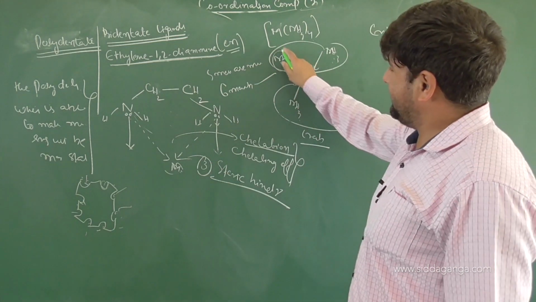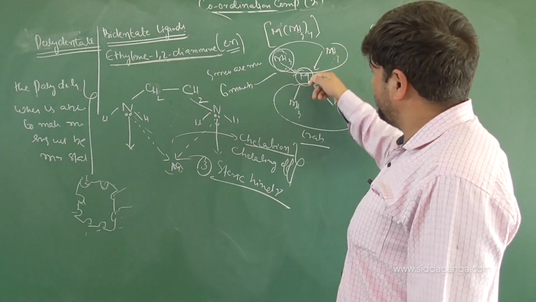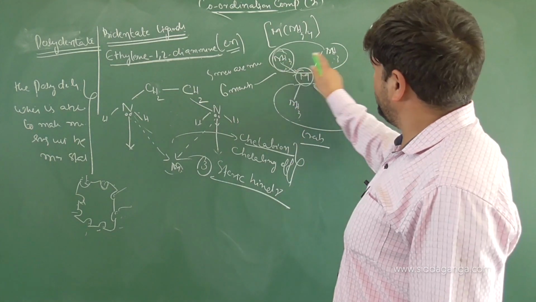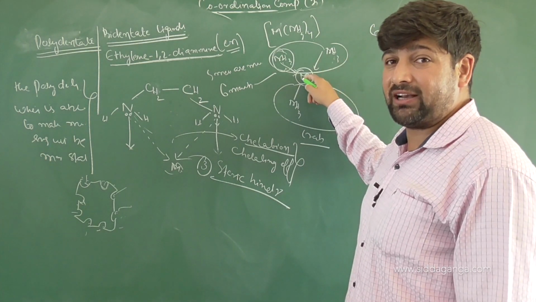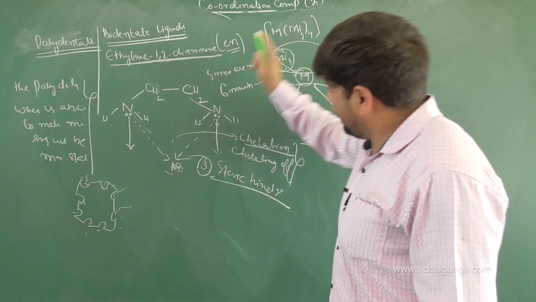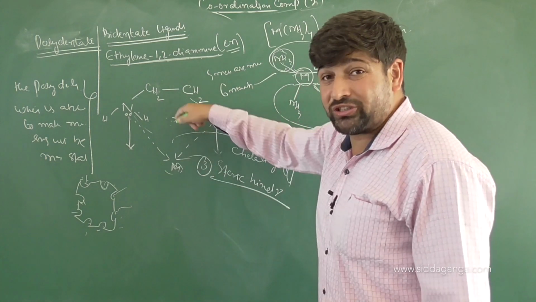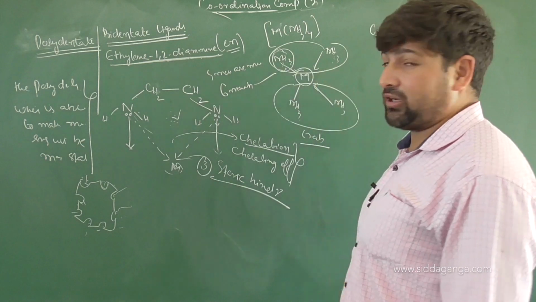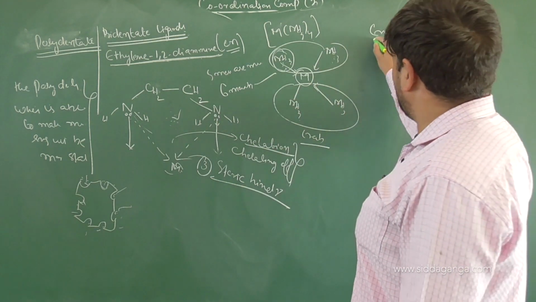But in a monodentate ligand, suppose one ammonia is attached, does it confirm that the other ammonia will also be attached? No. One ammonia does not control the attachment of another ammonia to the central metal atom. Thus, here, thermodynamically, the chances of bond formation are more. So, chelation brings more stability compared to the individual ligands. Am I clear? Now, how does entropy affect it?